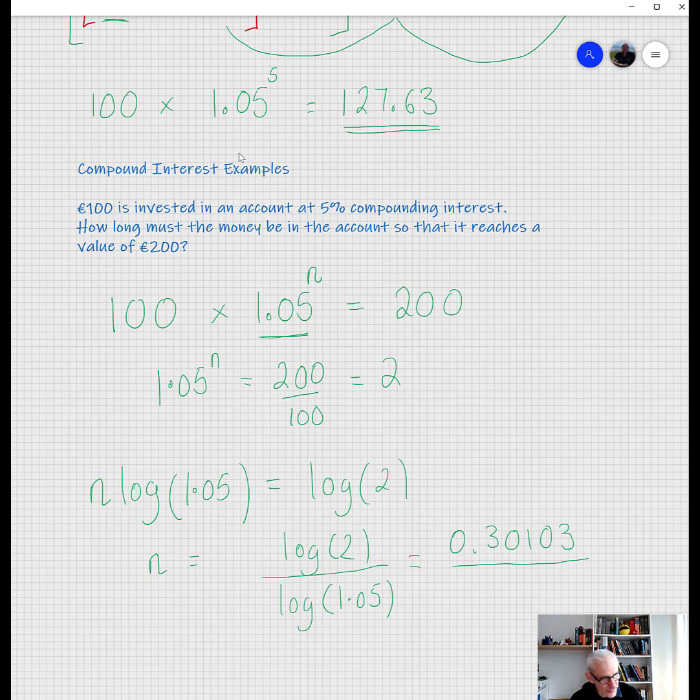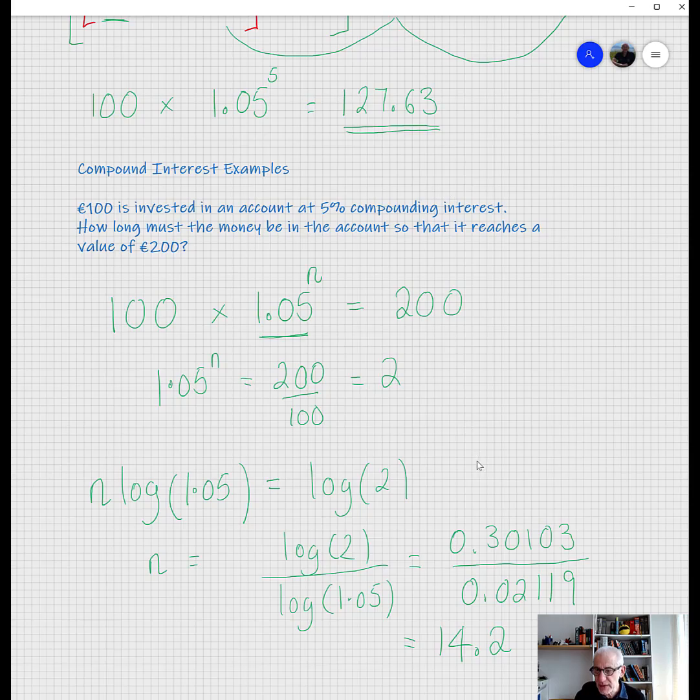And we need the logarithm of 1.05. Okay, and when you get the logarithm of 1.05, it's 0.02119. And when you process that, you get an answer equal to